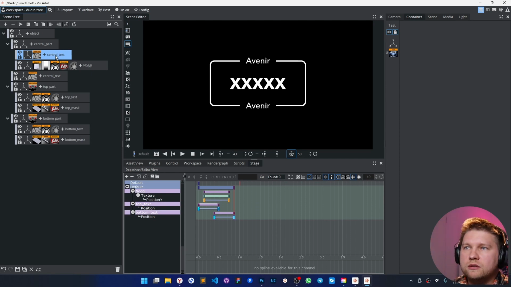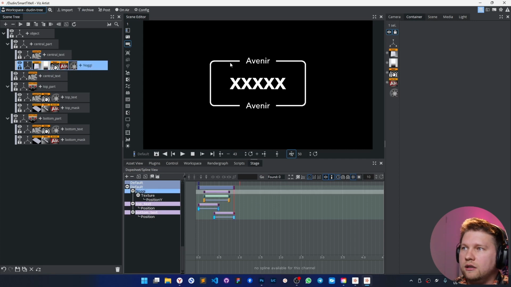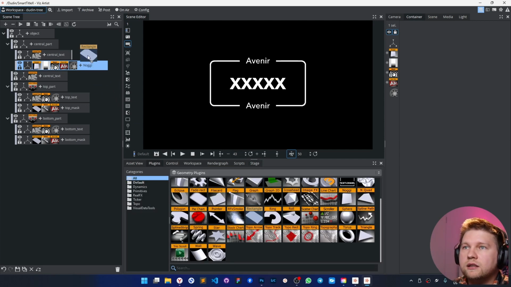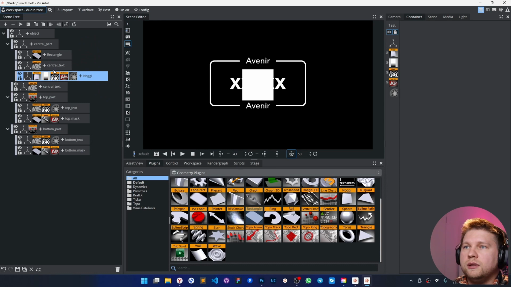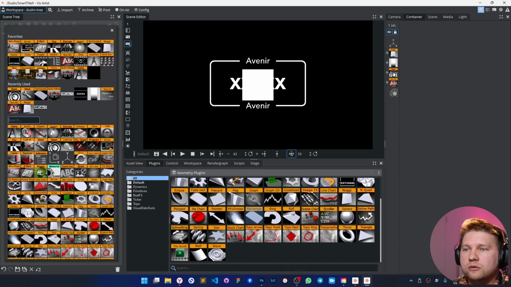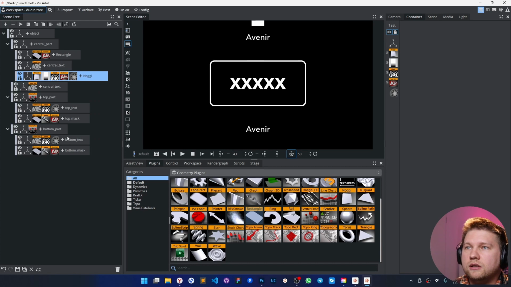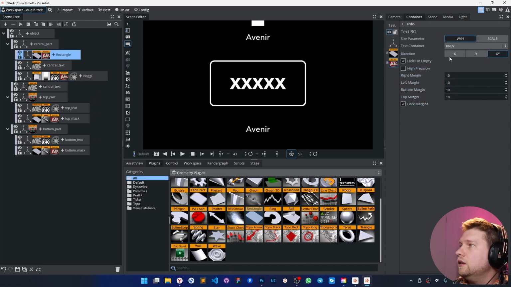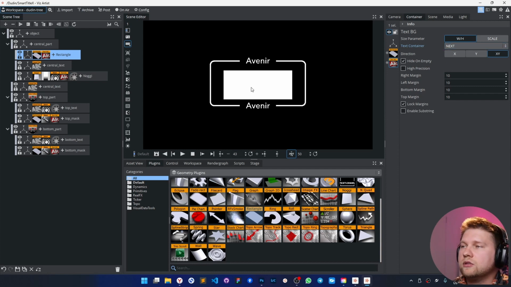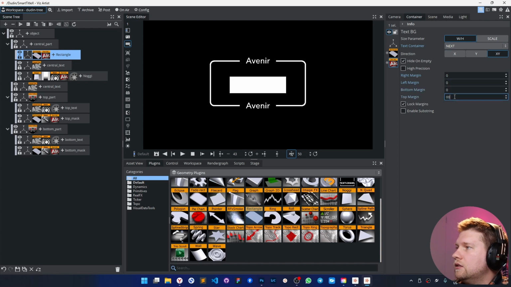I'm going to use this part only for the border and for the mask itself. So let's add some mask here. It will be like that, and I'm going to use, of course, TextBG. Of course, I have to use the next container to control it. Okay, and let's just reset the size to make it fit the text as perfectly as possible.